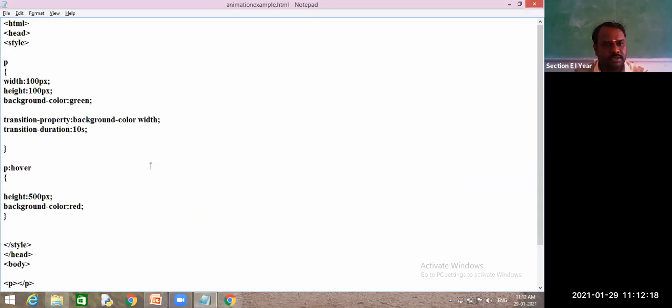It's a miracle, guys. Height and width both are applying. How is it possible?